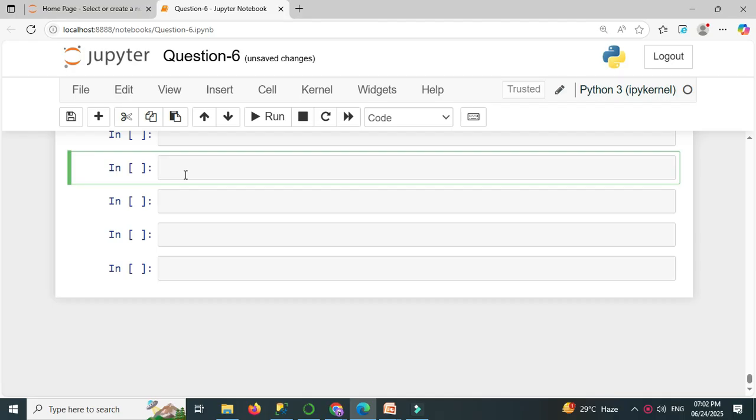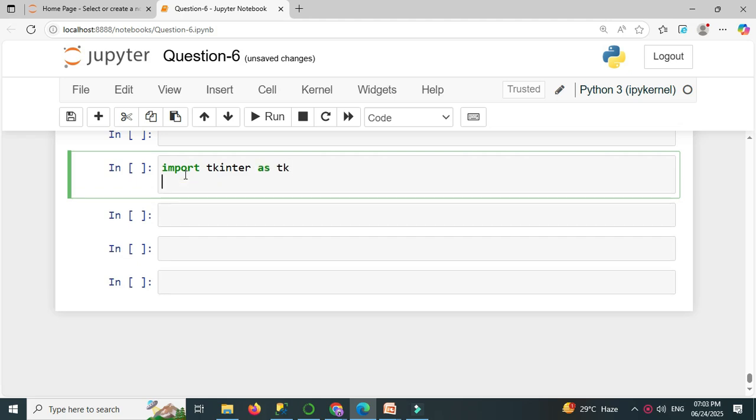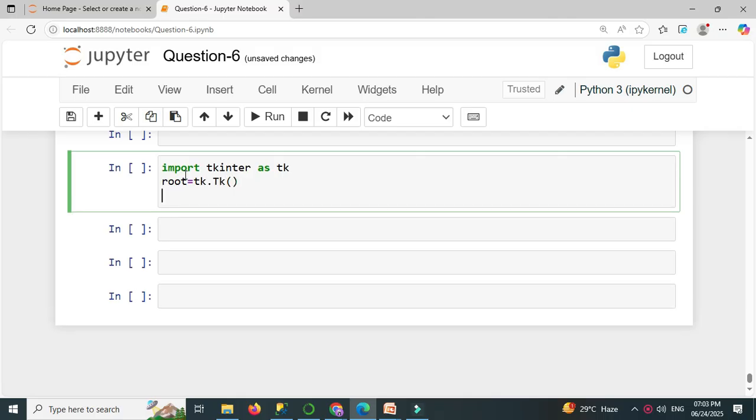Then we'll create an entry widget in Jupyter Notebook. First we'll import Tkinter as tk. Then first we'll create a root window, so root equal to tk.Tk. Then we'll set the root window geometry, that is height and width for the root window,